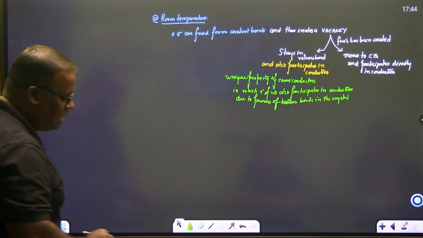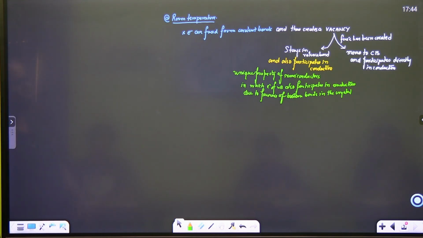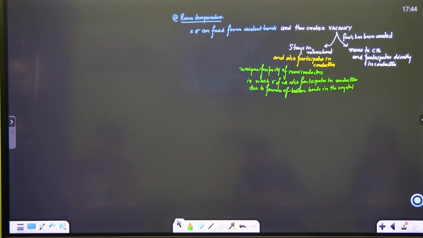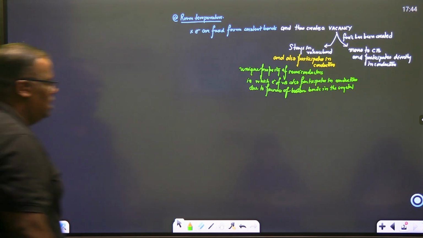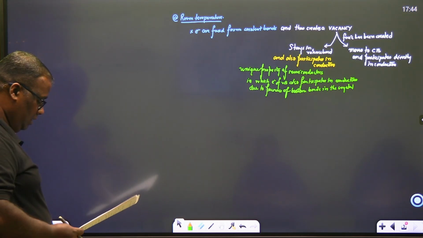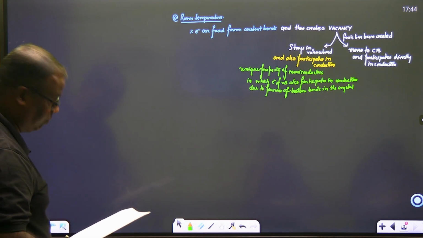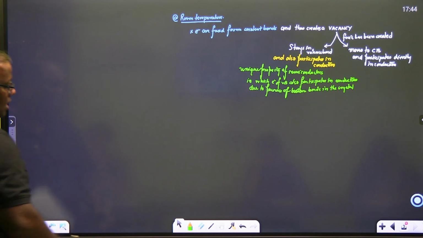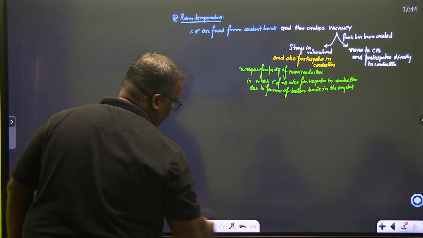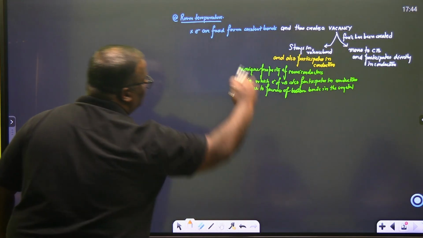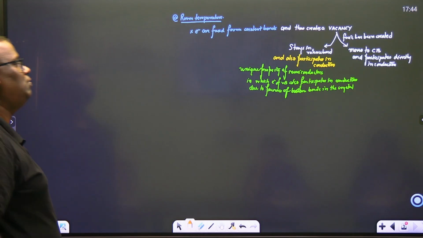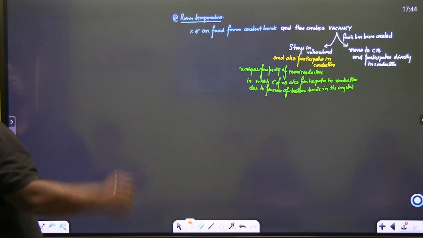The previous slide said what happens at absolute zero. The slide now is talking about what happens at room temperature. And you understood about a unique property of semiconductors in which electrons of the valence band, as long as they are free electrons created due to breaking of bonds, also participate very nicely. Now, keeping this in mind, no one is going to ask you for detail about explaining these processes, but if you understand this, then the notes become easier for you to understand.